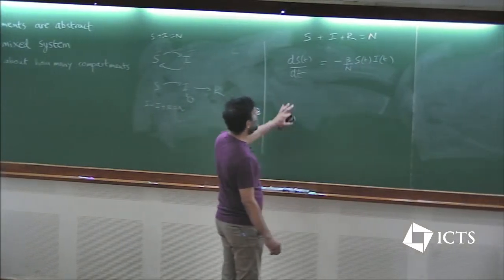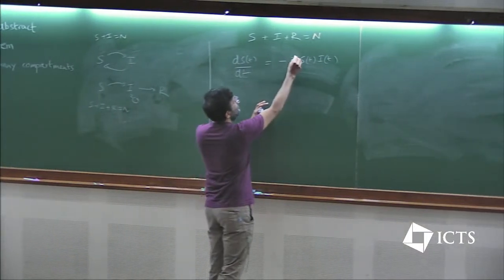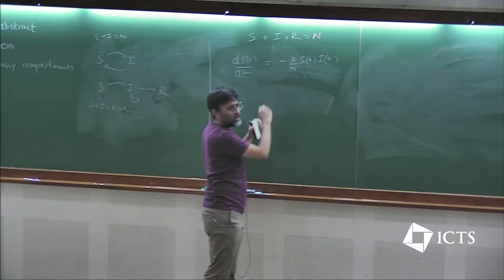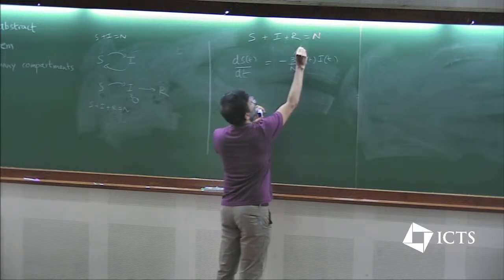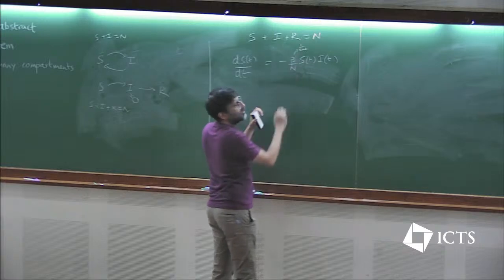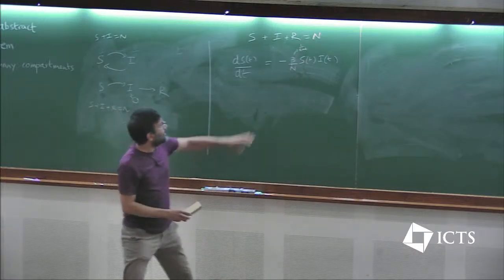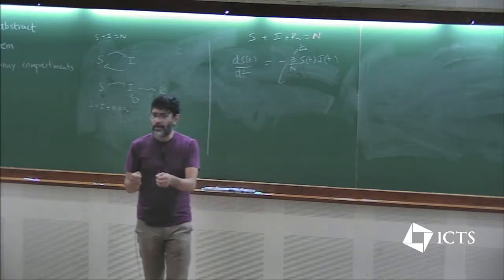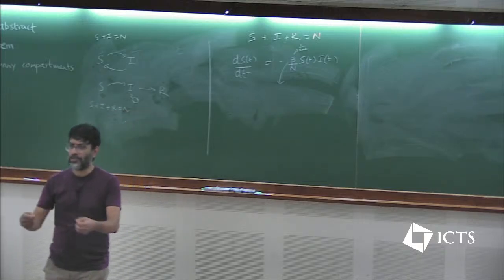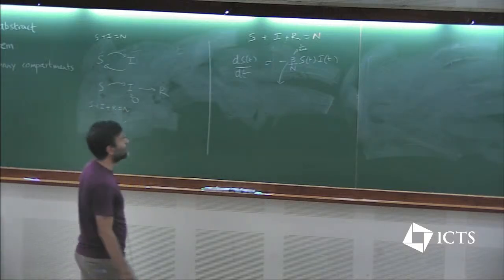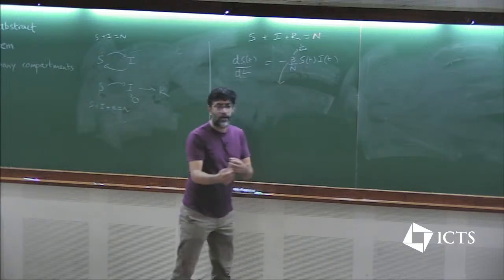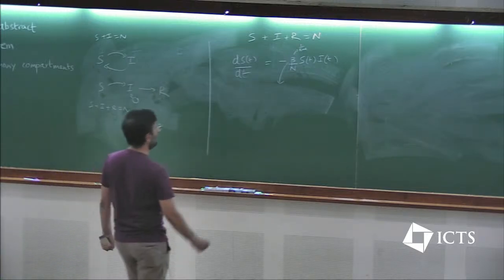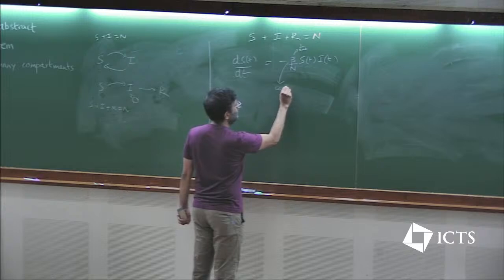So this is the rate at which you get infected. It's a sort of convention to put the n in, so that this has a unit of 1 over time. But this parameter beta includes both the contact rate, the rate at which people meet each other, which dictates the rate at which there will be encounters between infected people and susceptible people, and